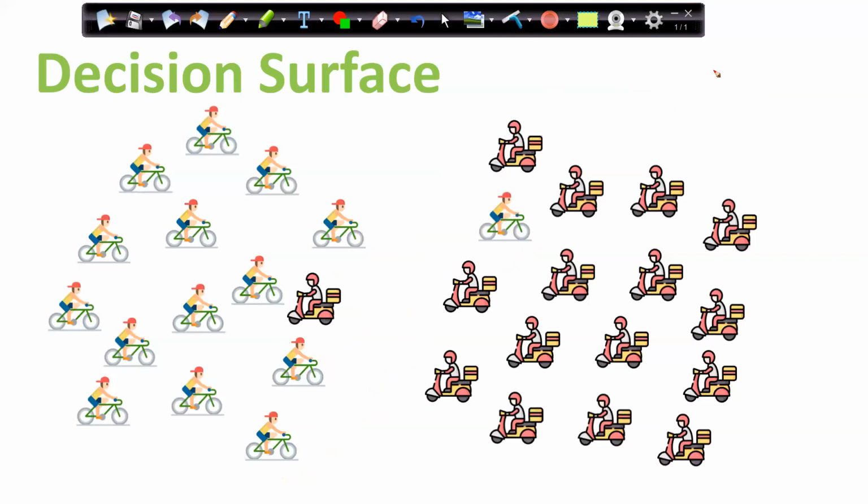Now the next scenario is when k is equal to n. That means all the data I am taking. So suppose a new guy comes in, I will find the distance from all. And when we are taking all the data, then the majority class will be the prediction, right?